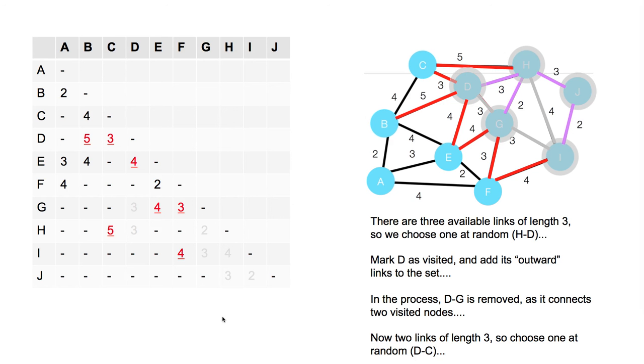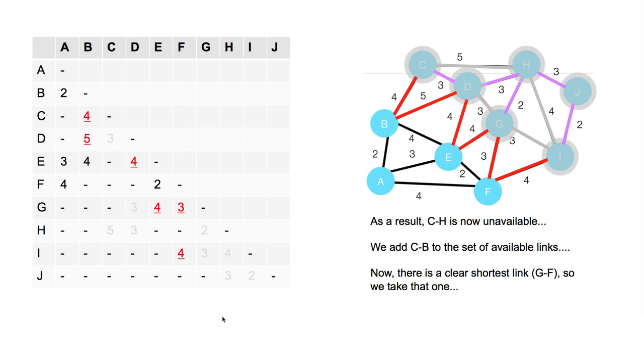And in the process, we remove DG as it connects 2 visited nodes. And then we have 2 links of length 3, so we choose one of those at random, say DC. So as a result, C to H becomes unavailable. By moving to C, we've ruled out C to H, so we remove it, and we add CB to the list. Now, again, there's now a clear shortest link,